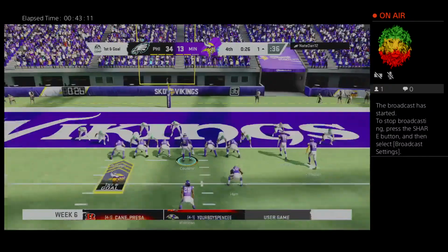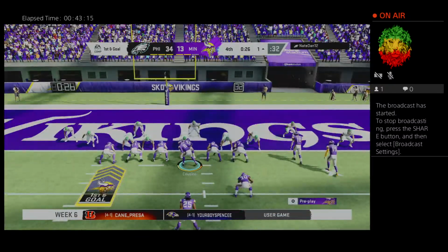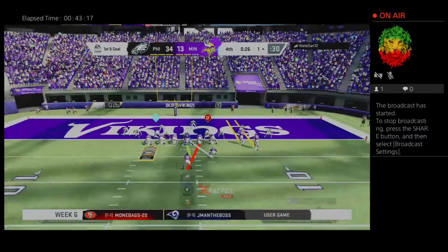Here we go. Strong left. Out. 5 down. 49. Check